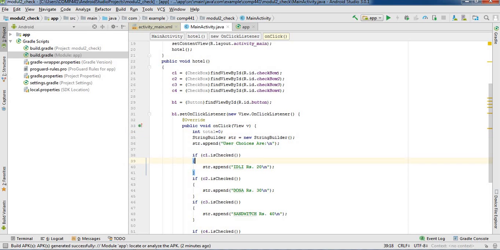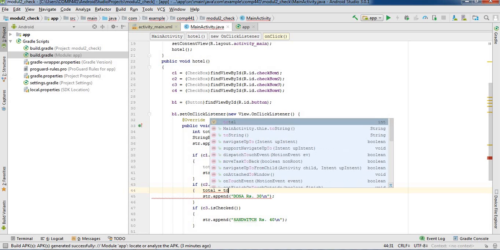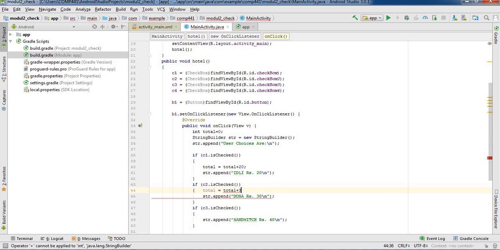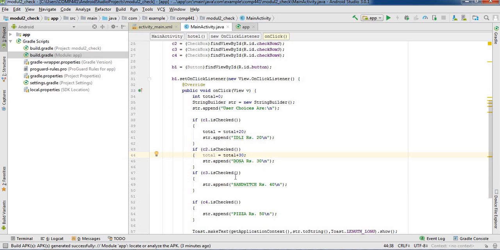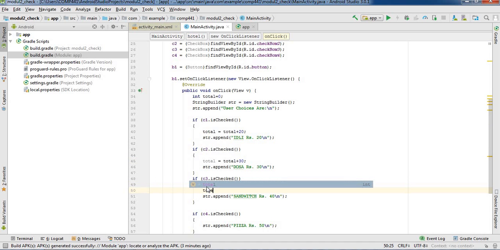So here we have to keep one line, that is total equals total plus 20. Here total equals total plus 30. Here total equals total plus 40.